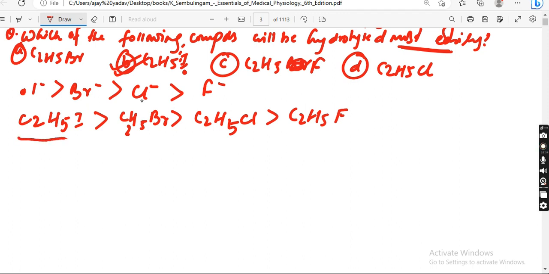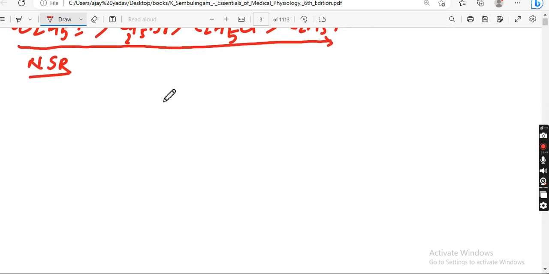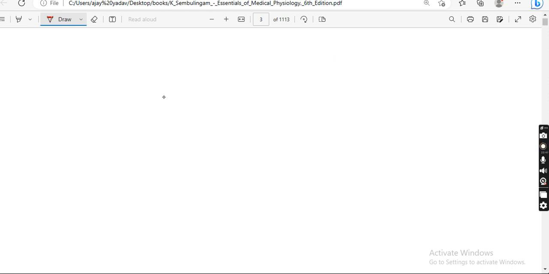Actually, this is the order of nucleophilic substitution reaction. This will be more reactive toward the nucleophilic substitution reaction, then this one, then this one, then this one. Okay, next question that we are going to discuss over here is